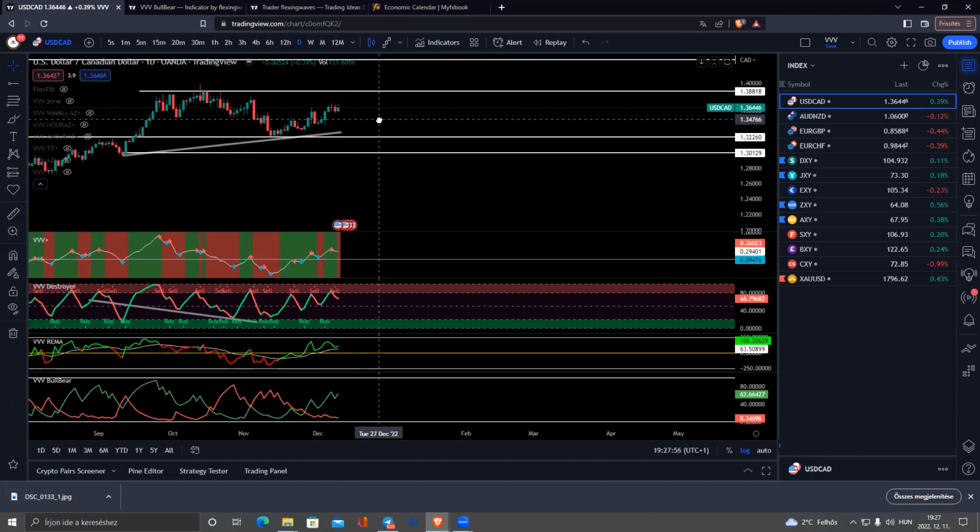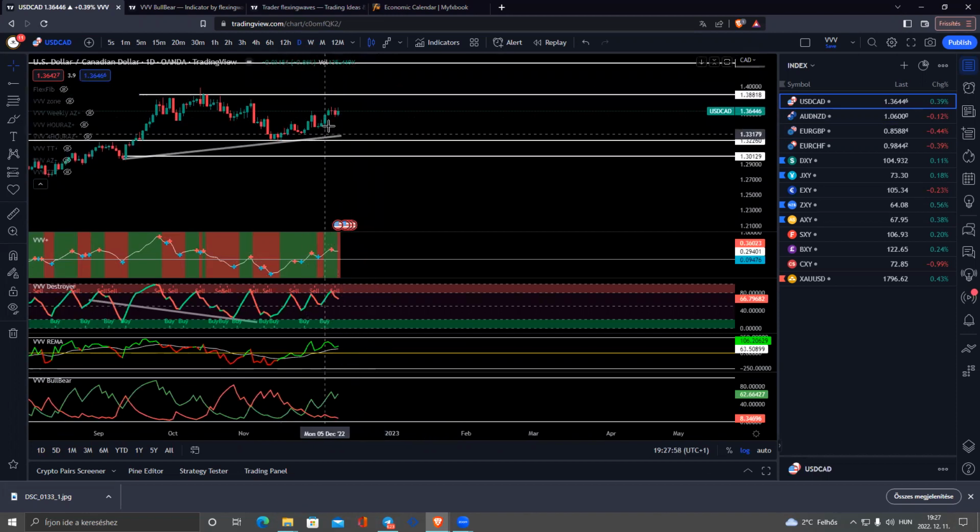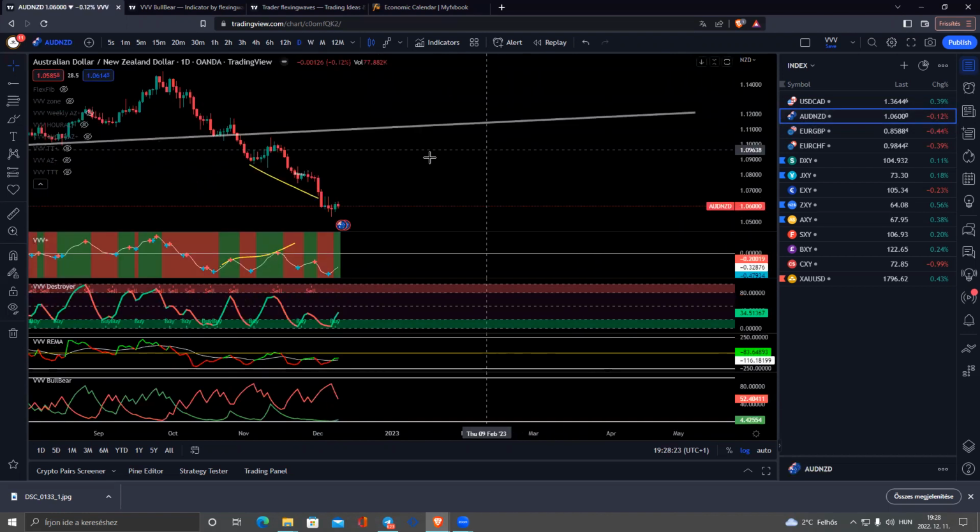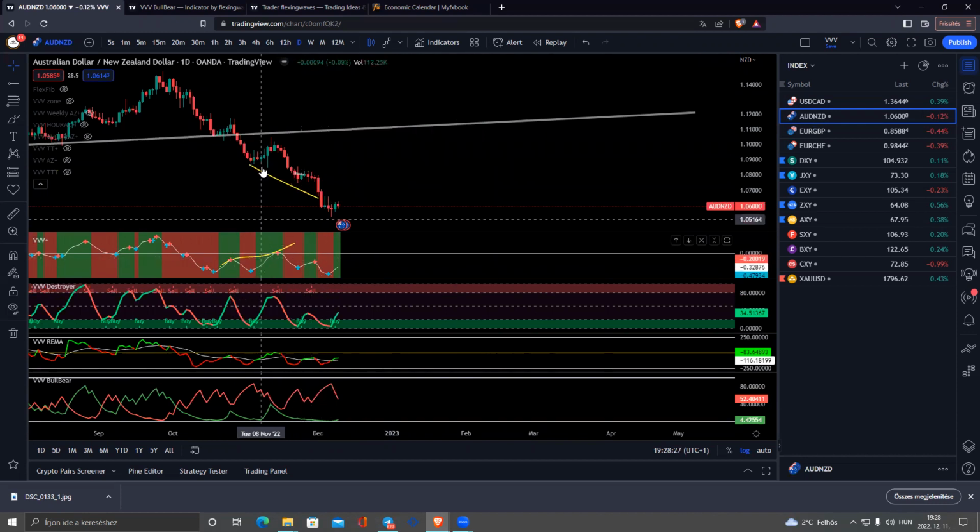Like I said, on weekly basis, this needs to break out. And if I see there was a trend line break and then a connection here, break, and after that we are heading up. So the trend line is connected with this candle, and so we're heading up. Okay, and the next, the daily basis on the Australian dollar NZD, and there was